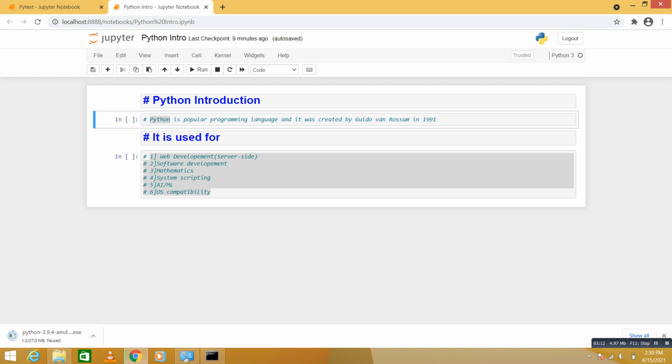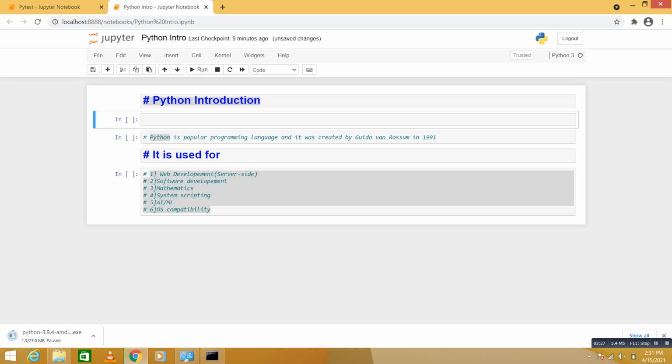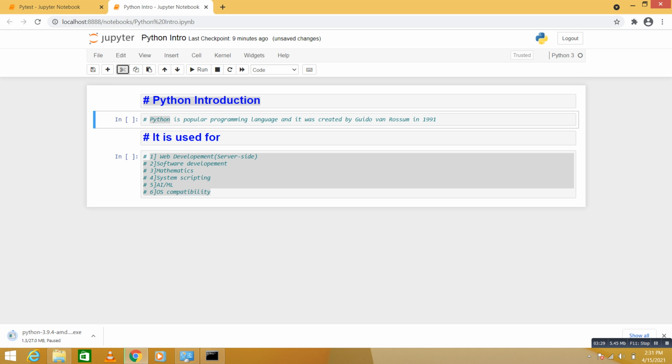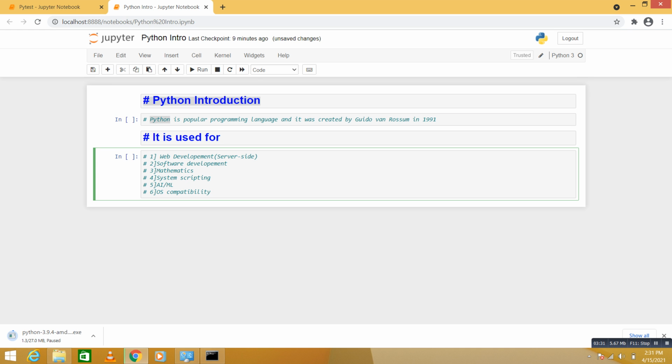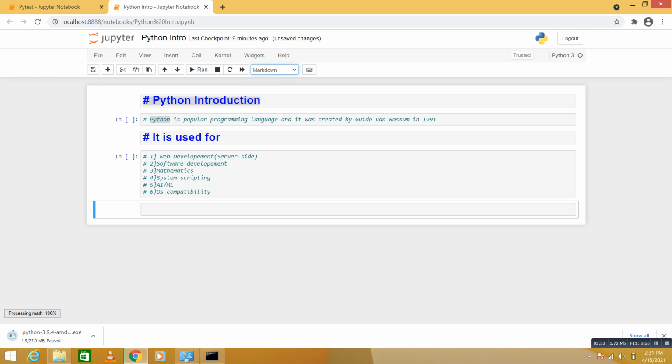Okay, so today we're going to start with the first syntax topic, Python indentation. So I want to use Markdown. If you highlight something, we just go to Markdown. Okay, first I will cut here, I will create one cell and mark it down here. I'm going to say Python